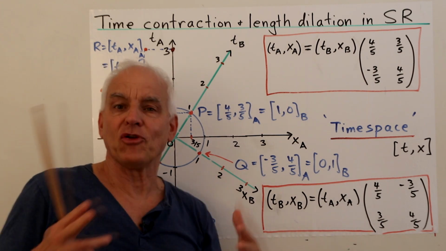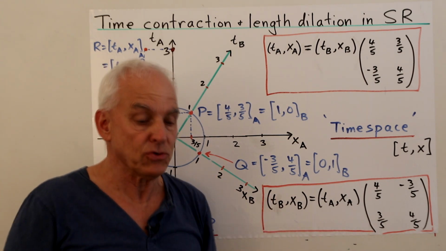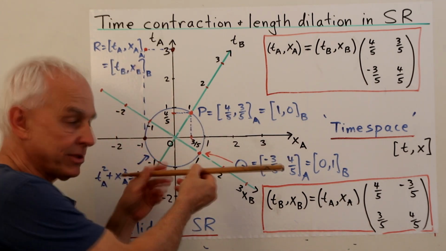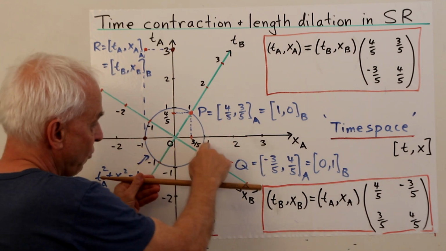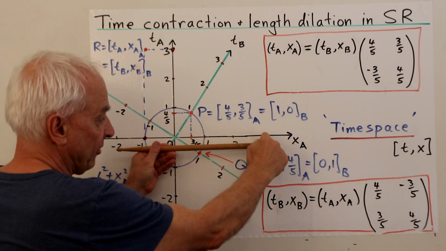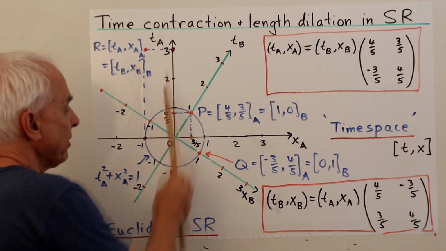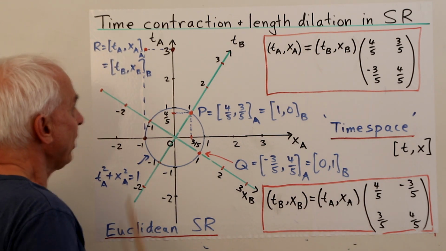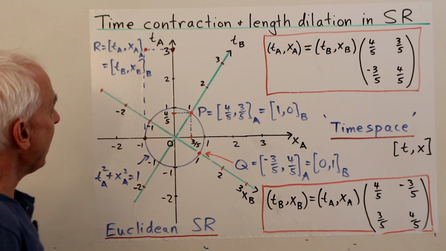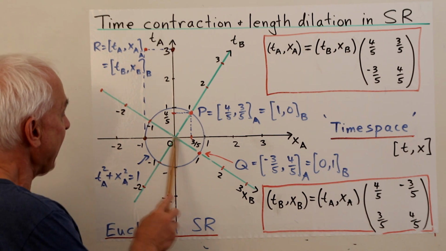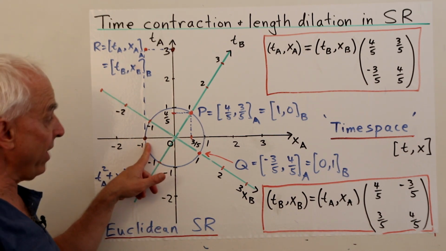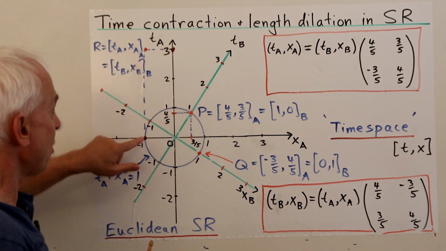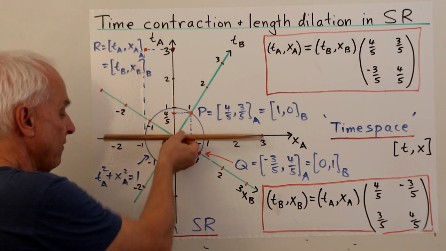So what's the sort of physical meaning of this? Well, this is very much like the usual story in special relativity. We imagine that we're describing one-dimensional motion, say in this direction here, and we have coordinates here, so we can say where we are. So this is position 3. And this coordinate here represents the time of events. So for example, this point here represents an event which is happening at this position, marked -1, but at time 3. So its coordinates are 3, -1 in this A frame.